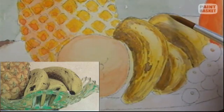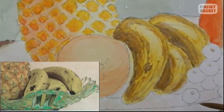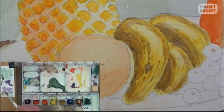It's hardly made any difference to what is there at the moment. Right, I'll come back and add a few more little touches in. That highlight is a little bit too highlighted at the moment, so let's cool it down a little bit. I'm going to go back into using the violet